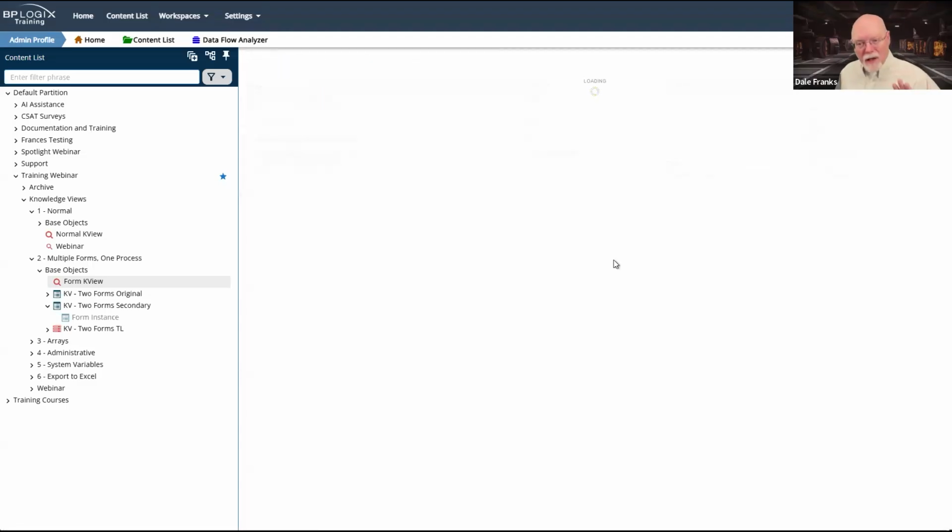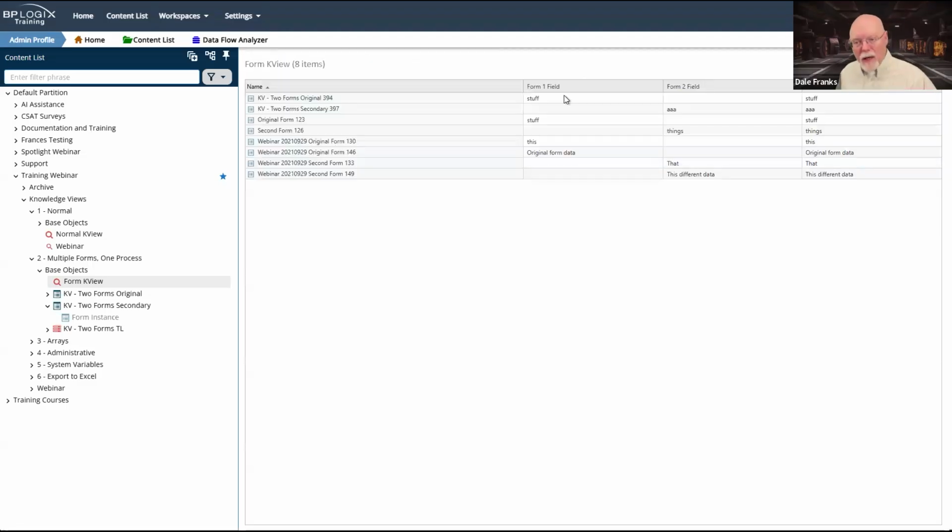Now, this is a little tricky. I have form 1 field and form 2 field here. As it happens, both of these form fields, I believe, are called input 1 on each of the forms. What I would most likely want to do is have all of the values in the same column in my knowledge view.